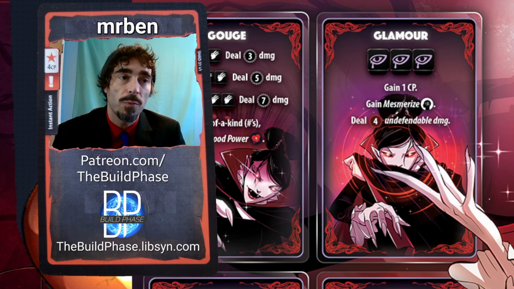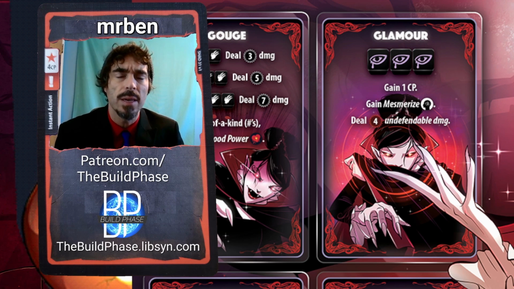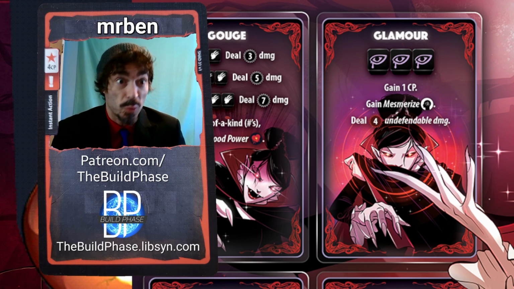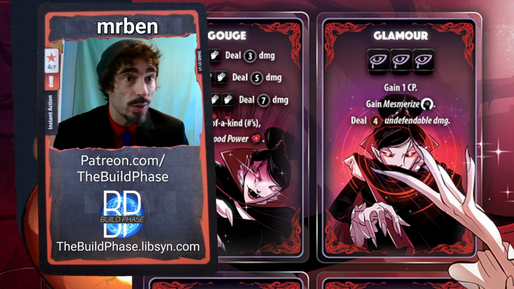For undefendable damage, though, with the existence of blood power, I do think we need to mention that could actually easily be 7 undefendable damage. And that puts it in the territory of like a solid mini ult. That's actually pretty good. When you also think about how many characters out there have defenses that Vampire Lord might not want to crash into,